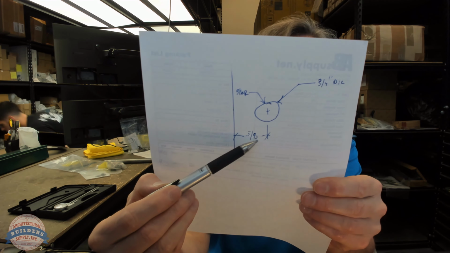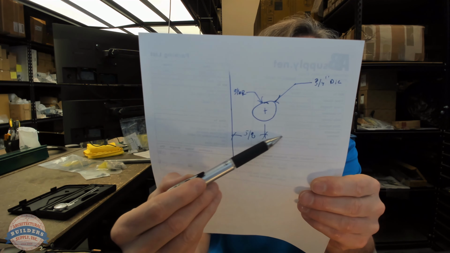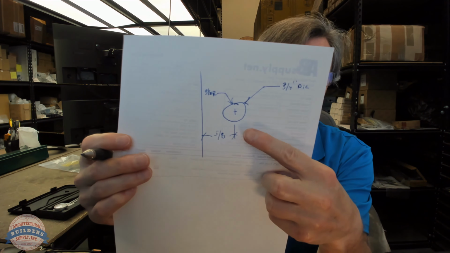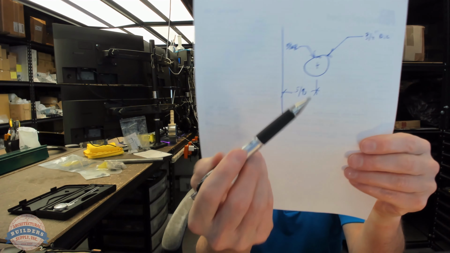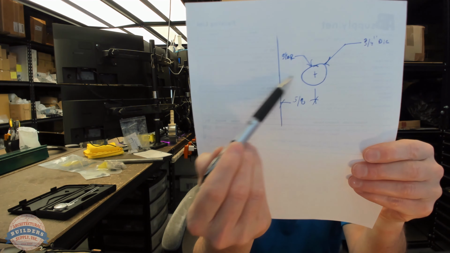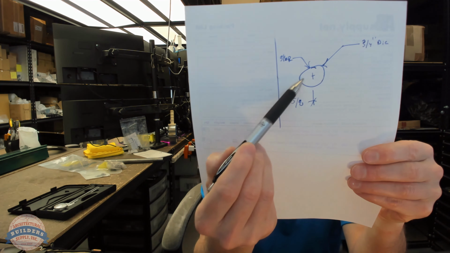Okay, so 5/8 times 2 is 1.25 inches. So if your style is 1.25 inches, double the 5/8, you're in really great shape. If you were to put this at 5/8 from the edge, you're just going to shift it all over by an additional 3/8 of an inch. How do I get that? Well, if this was 5/8 from the edge, all you're doing is shifting over half of the 3/4,